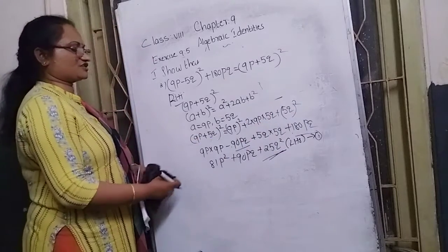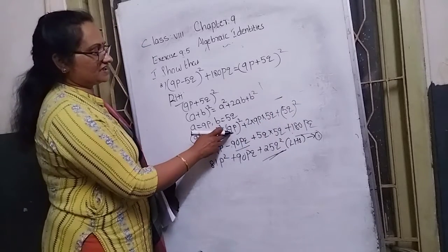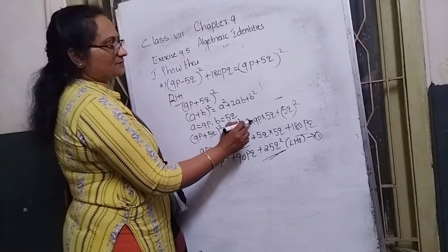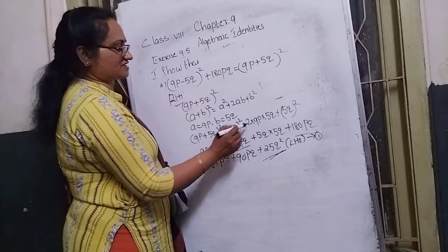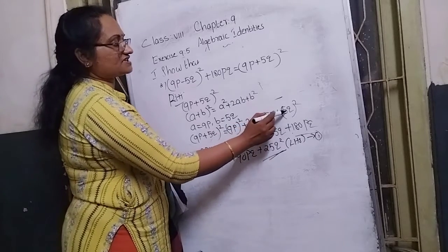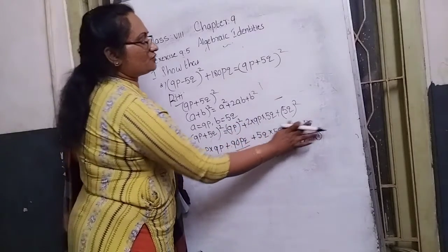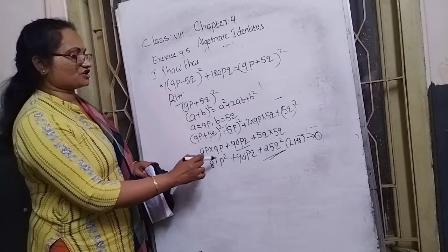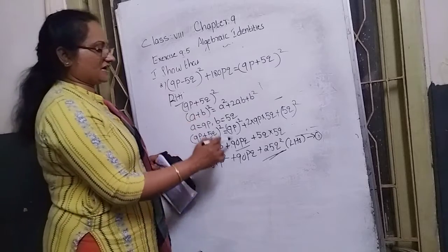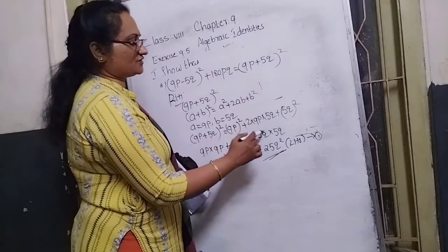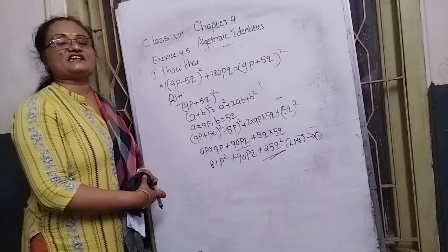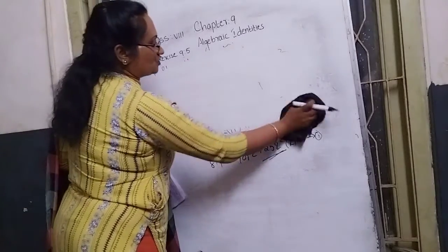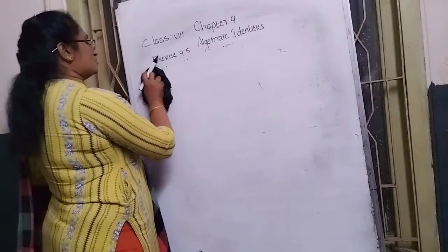Again here calculation, on the left side part only, consider 9p the whole square, 9p into 9p. Then plus, multiply, 9 fives are 45, 2 times 45 is 90pq, plus 5q square means 5q into 5q. So doing the calculation, which answer will come here? 81p square plus 90pq plus 5 fives are 25q square. The left side and right side have the same answer. I hope you can understand this model question. Next we go through